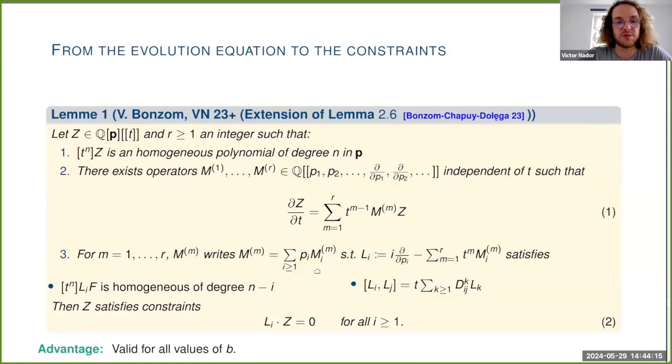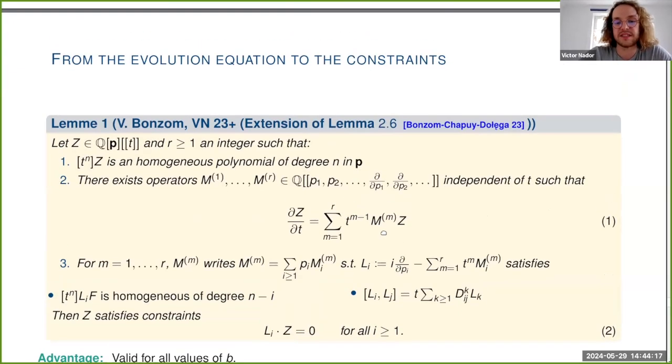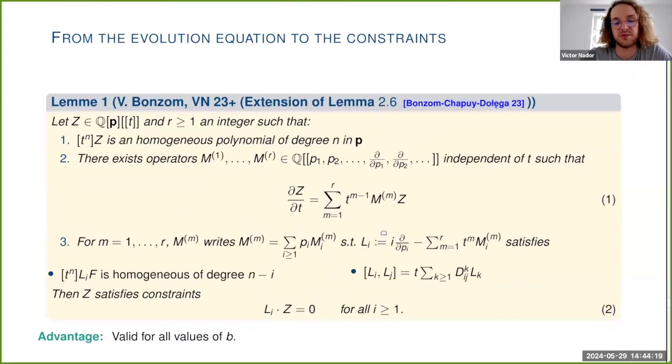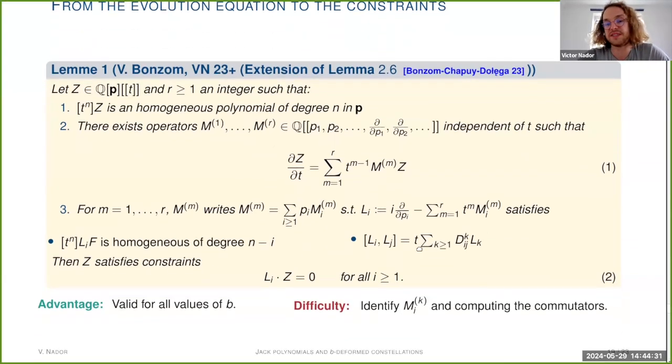Okay, so now we wish to apply. So yeah, this method has the huge advantage of being valid for all values of B. So it really allows us to circumvent all of the technical difficulties that are related to the introduction of the b-deformation. But the difficulty is that it requires being able to identify M_i, which in this case is not too difficult,